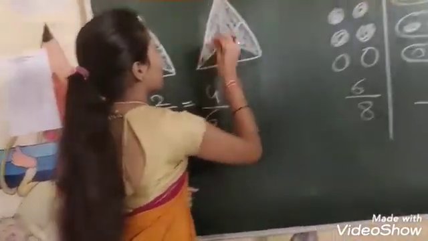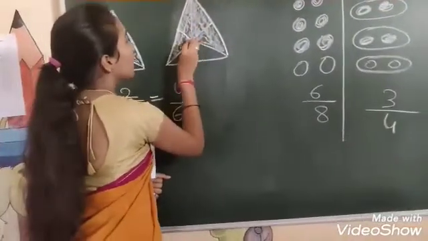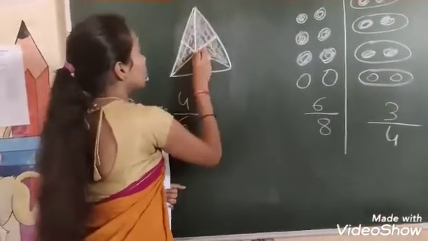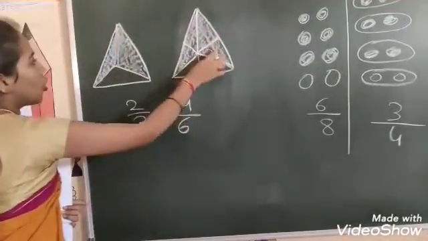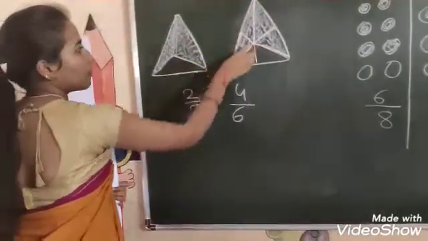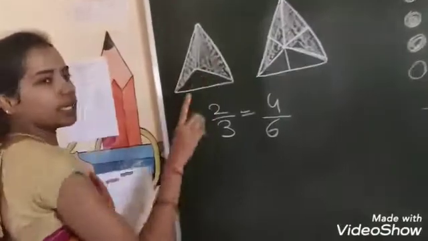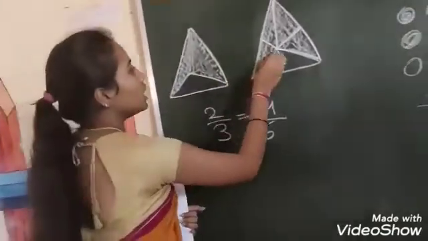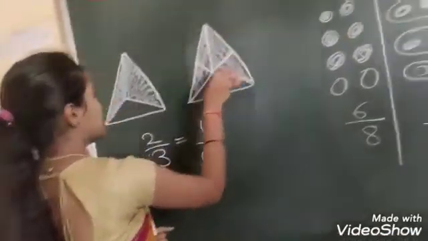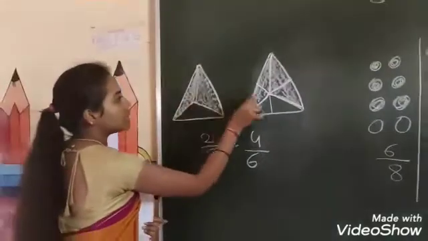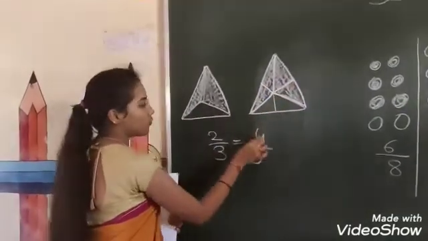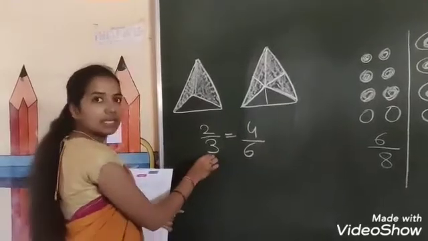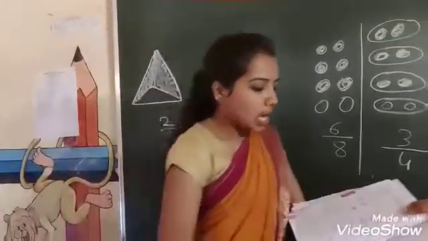Yes, but in the middle we have different columns, but the quantity is same, no? See, same quantity we shaded, but here we have different parts. Here we have only 2 parts. Here we have 4 parts. So 4 by 6 and 2 by 3, same shaded. Like that only they had given some.